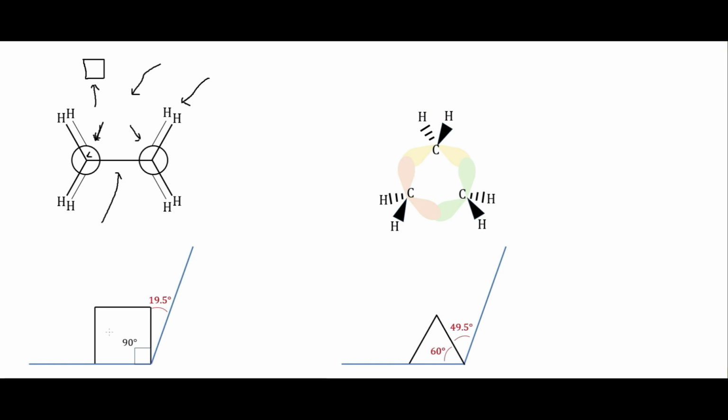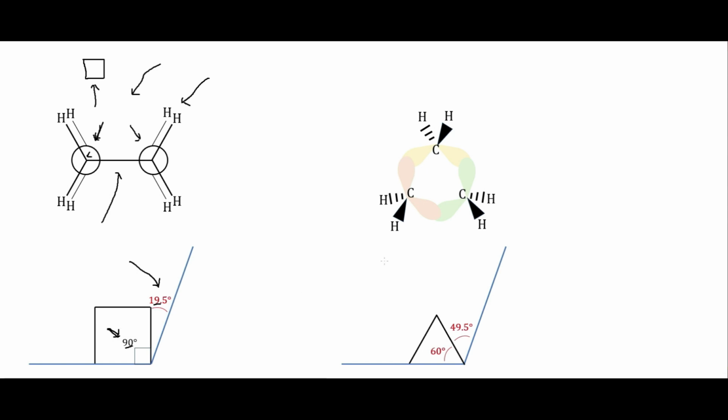So in a square, the bonds are going to be 90 degrees, where, remember, with these sp3 carbons, they want to be at 109.5 degrees, and so we have this loss of 19.5 degrees, and so we actually have some bond strain on it, where the bonds want to be at this 90 plus this 19.5 degrees, but because we are in a square, we are being sort of constrained to this 90 degrees, and so that creates some strain on the bonds